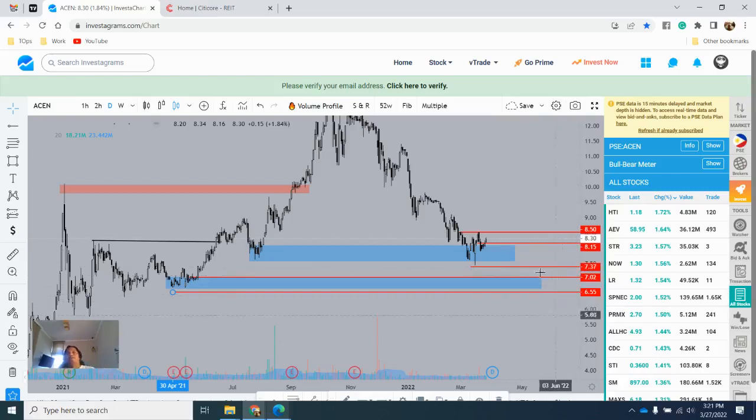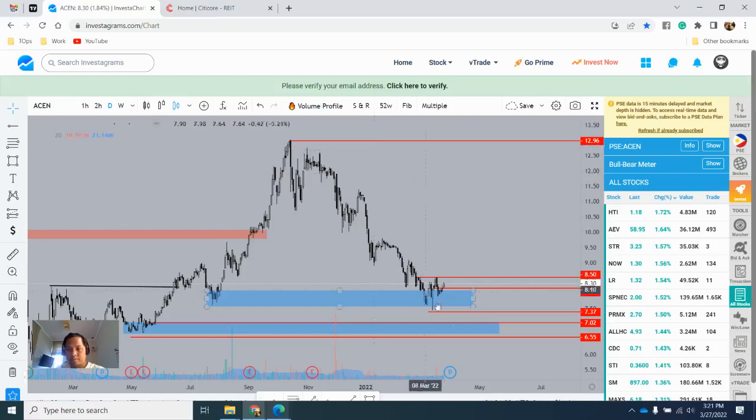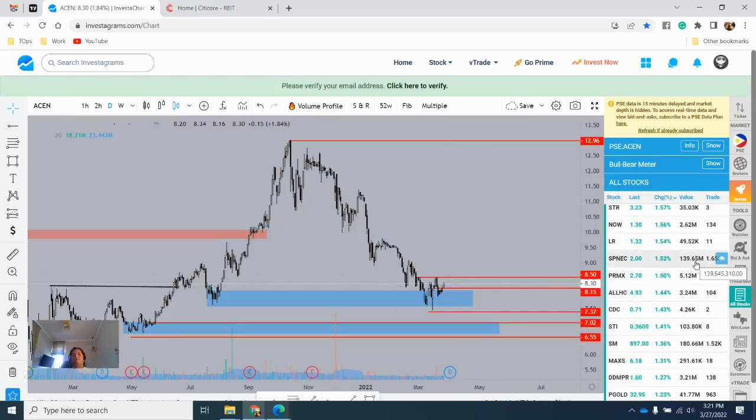So you have a 0.5 peso stop loss, while you have a lot of upside here. So it's quite nice. We have a 4.7 pesos target profit from this current level. Right, so that's it about the